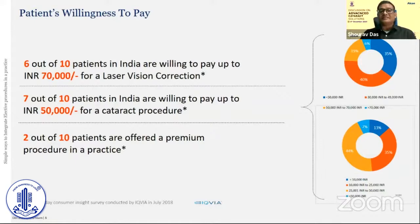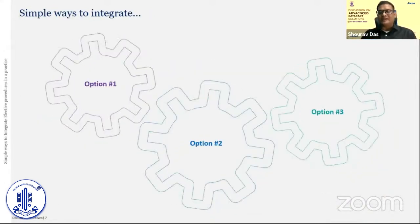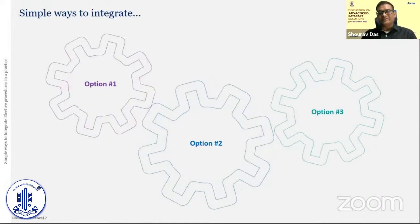That 6 out of 10 patients in India are willing to pay up to 70,000 rupees for a laser vision correction. Up to 7 out of 10 patients are ready to pay 50,000 rupees for a cataract procedure. And this is the saddest part of it, where only 2 out of the 10 patients are actually offered a premium procedure. So with that shocking revelation,